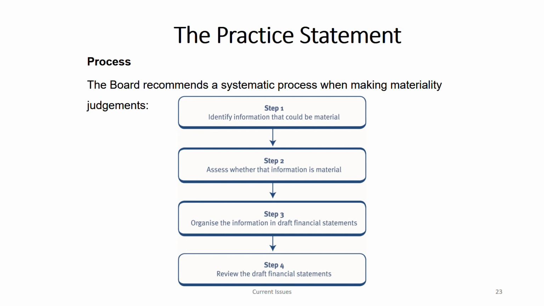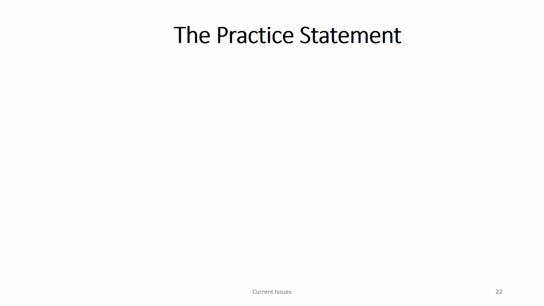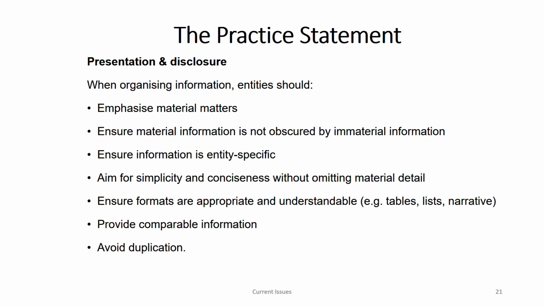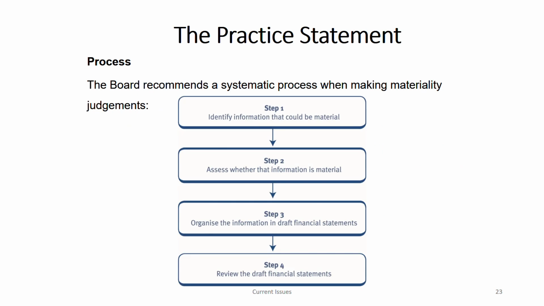Then you review and see whether it is in a proper order or not. What is the order? Whether the most significant is included first. Have you omitted any material information? Basically all these things, when you're presenting this list, whether it is understandable, whether it is in a table. Those things you see, okay? In step 4, you review. So identify, assess, organize, review. Okay, I hope you'll remember the steps. It's very easy. Nothing to memorize so much.